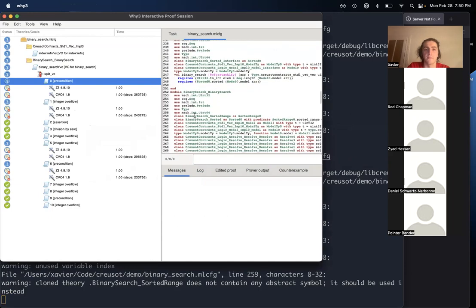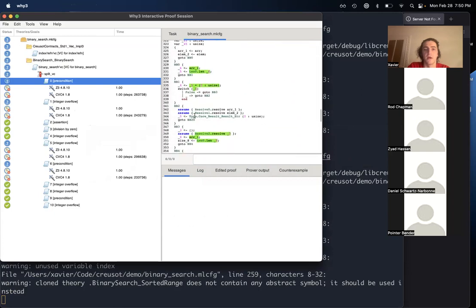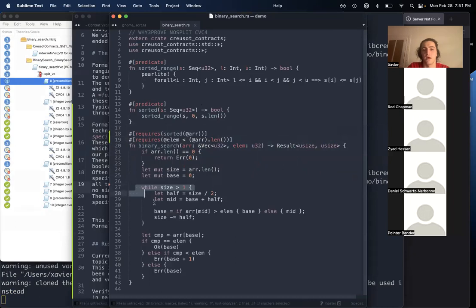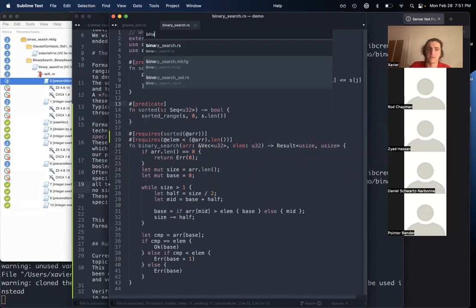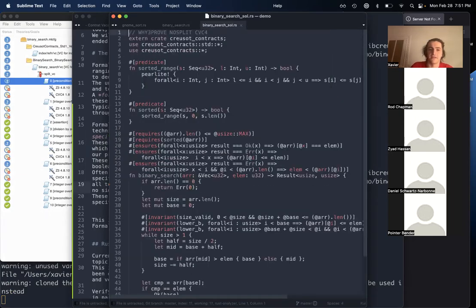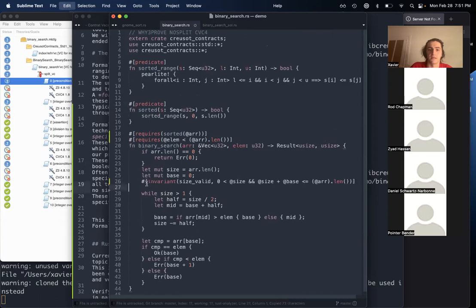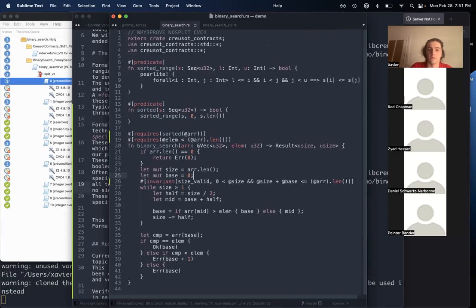Okay, so we did make a little progress, but if we look at our example, we still have this loop here. What we're being asked to show is that the midpoint is still within the bounds of our vector. I'm going to cheat a little bit because I have the actual answer right here. I'm just going to copy this invariant, and we're going to see that it will solve this.